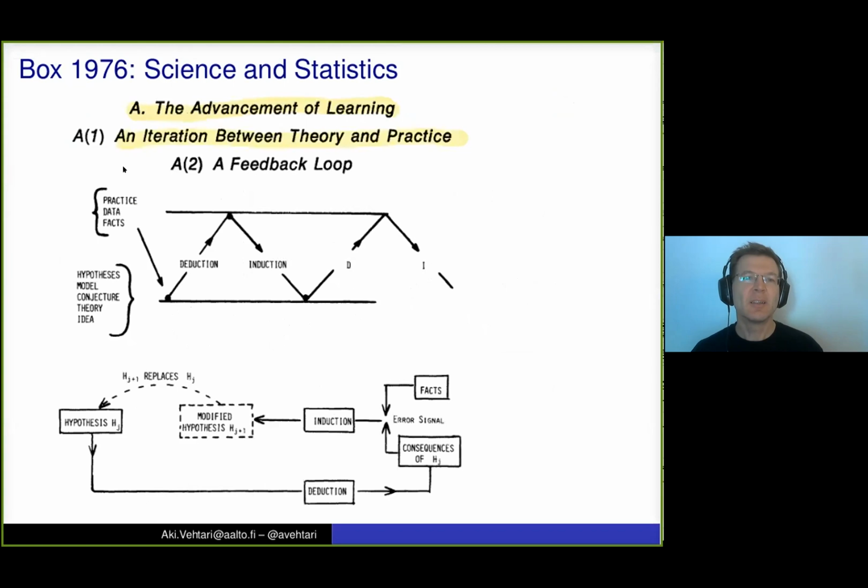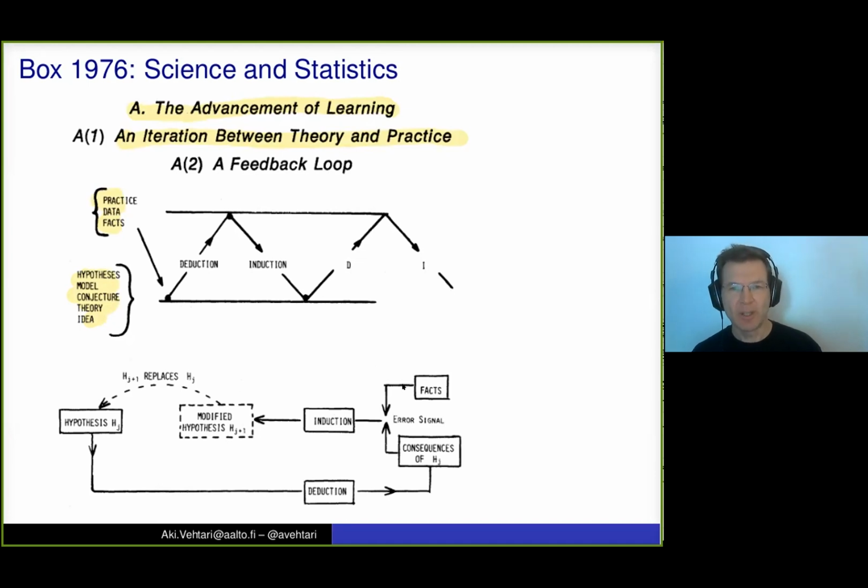Here there's the practice, data, facts, and then you can update your hypothesis, model, conjecture, theory, idea, and then you can increase your knowledge by getting more data or learning. Based on using your model, you can learn more, and so on.